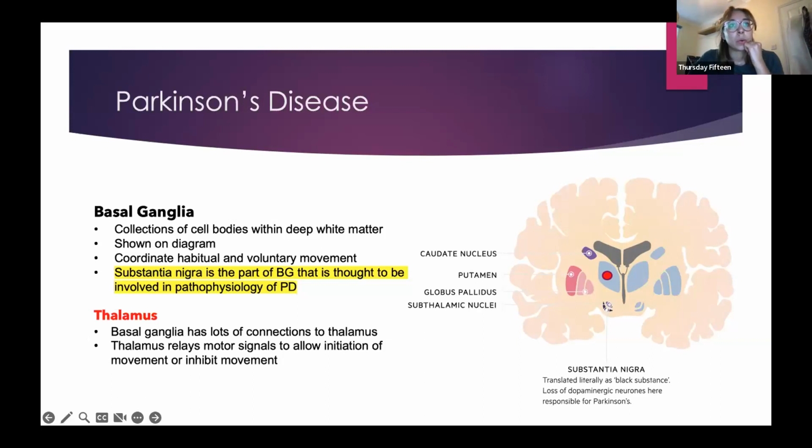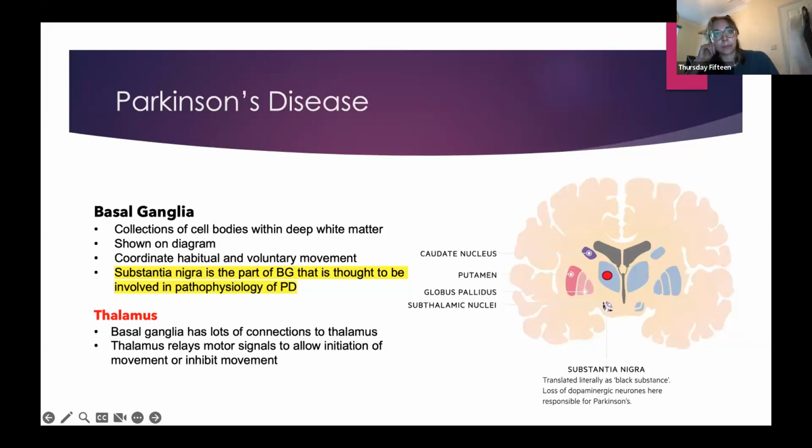Your basal ganglia coordinates our habitual and voluntary movements, either by initiating or inhibiting them. It's made up of your caudate nucleus, your putamen, your globus pallidus, and your substantia nigra. Losing your dopamine neurons in the substantia nigra is what causes the Parkinson's symptoms. So that's the area that's implicated. That's the one to remember. The thalamus isn't part of your basal ganglia, but it has lots of connections to it, and then to the motor cortex. So it relays the motor signals from your basal ganglia to your motor cortex to allow initiation or